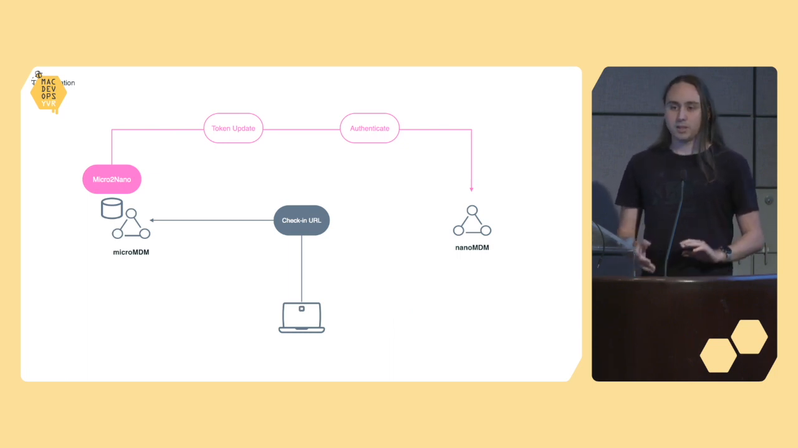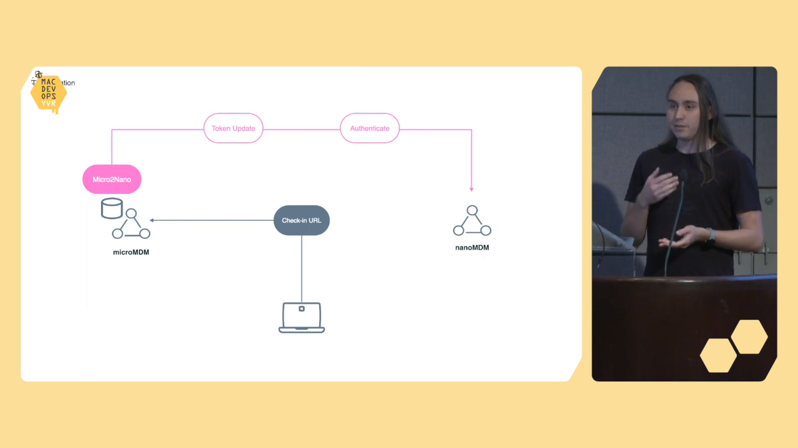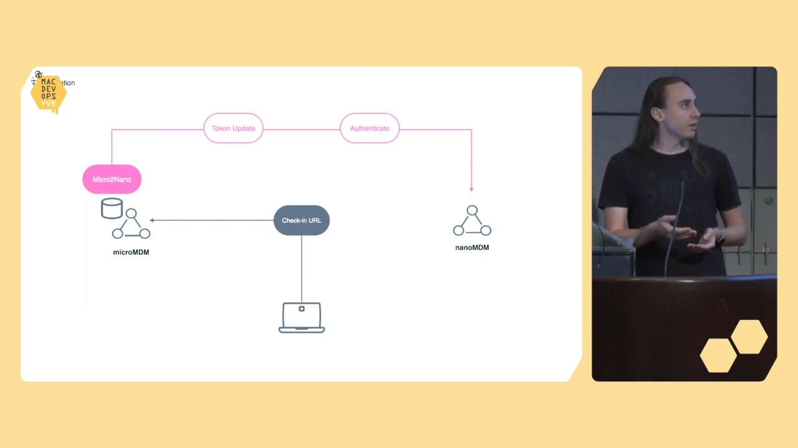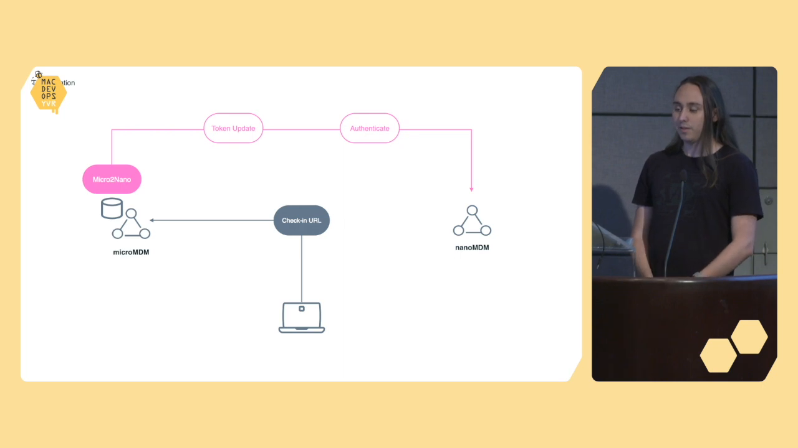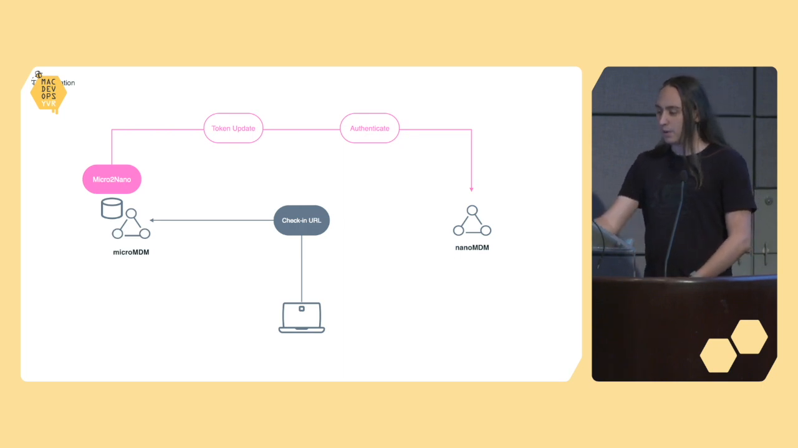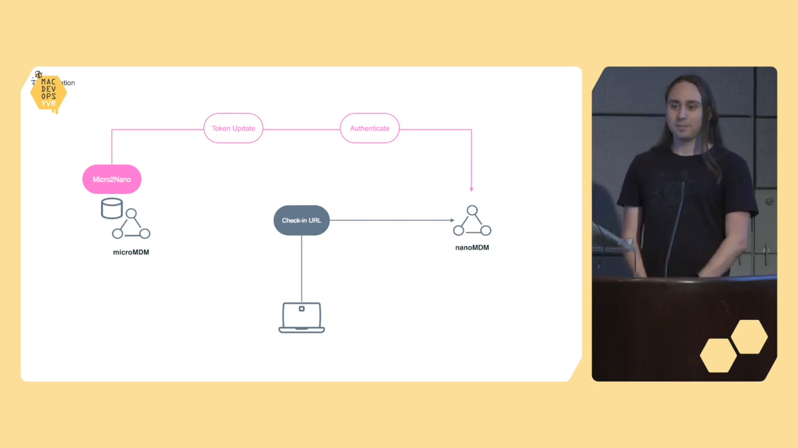Then we paused enrollments into MicroMDM so no devices would get lost. We transferred every single enrollment over to the NanoMDM database. We drastically lowered the TTL on our DNS for a check-in URL to 5 minutes, and we moved the DNS from MicroMDM to NanoMDM. Because the TTL was 5 minutes, the migration took less than half an hour, although we